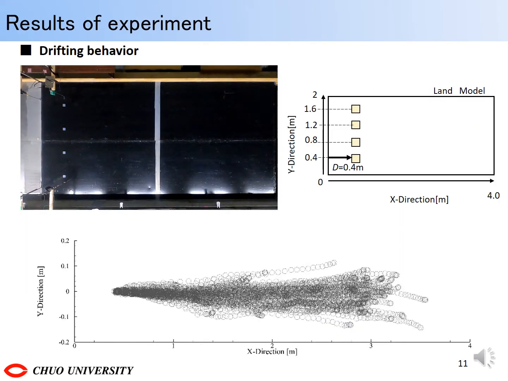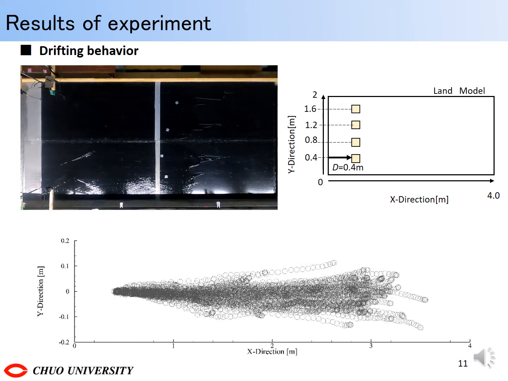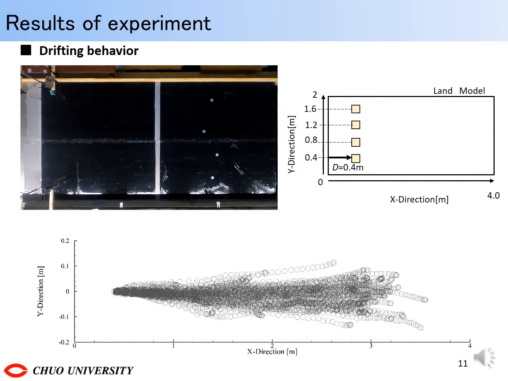This is the result of experimental case E01. In this case, 4 drifting objects were placed 40 cm from the short line and at equal intervals, also 40 cm. You can see from the video that the behavior of the 4 drifting objects is different. The figure below shows all the behaviors of the result of 30 experiments. It can be seen that there is a large variation in both the flow direction and the direction perpendicular to the flow direction.